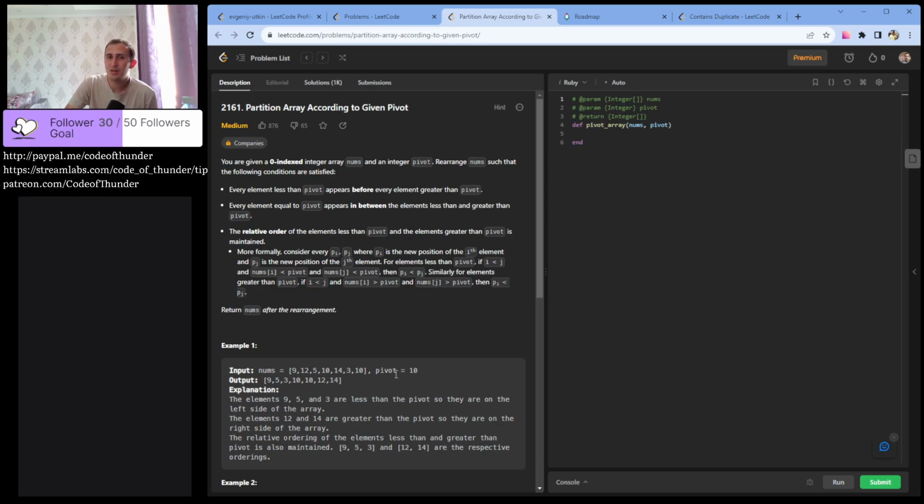So, pivot is 10. So everything lesser than 10 should appear before, then tens, then everything that is bigger. Every element equal appears in between. Makes sense. The relative order of the elements